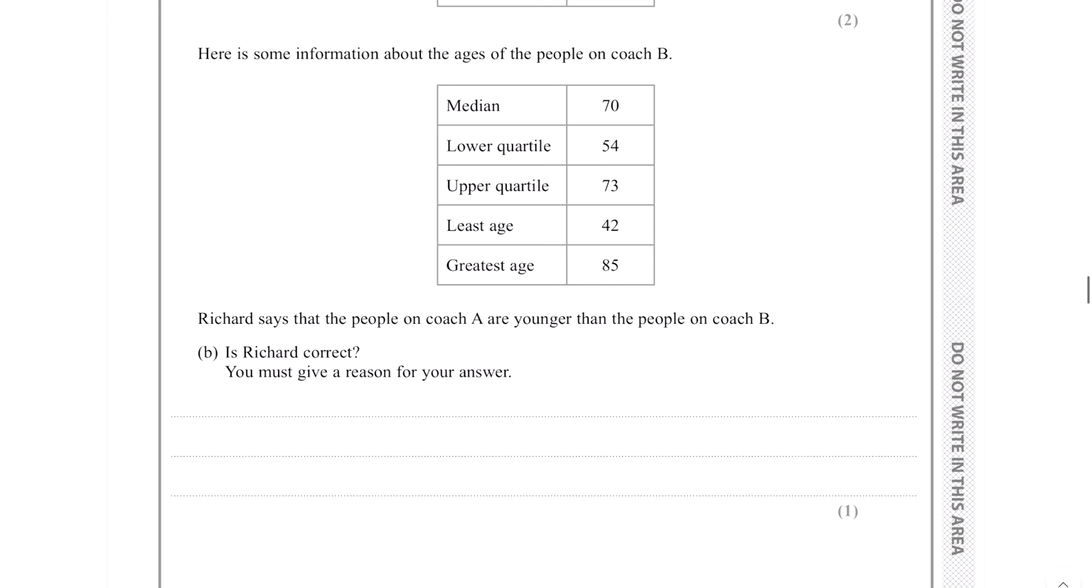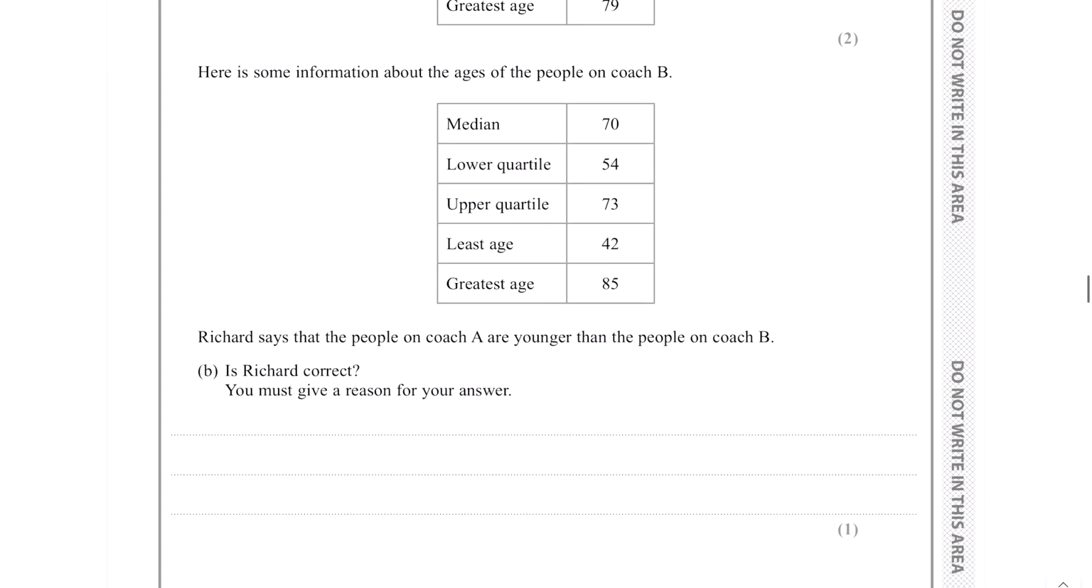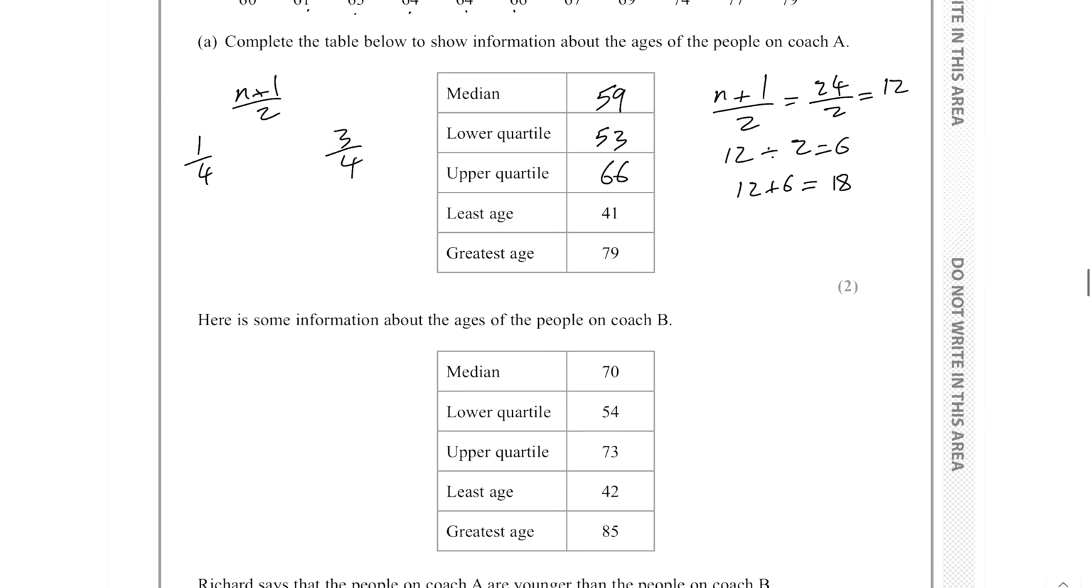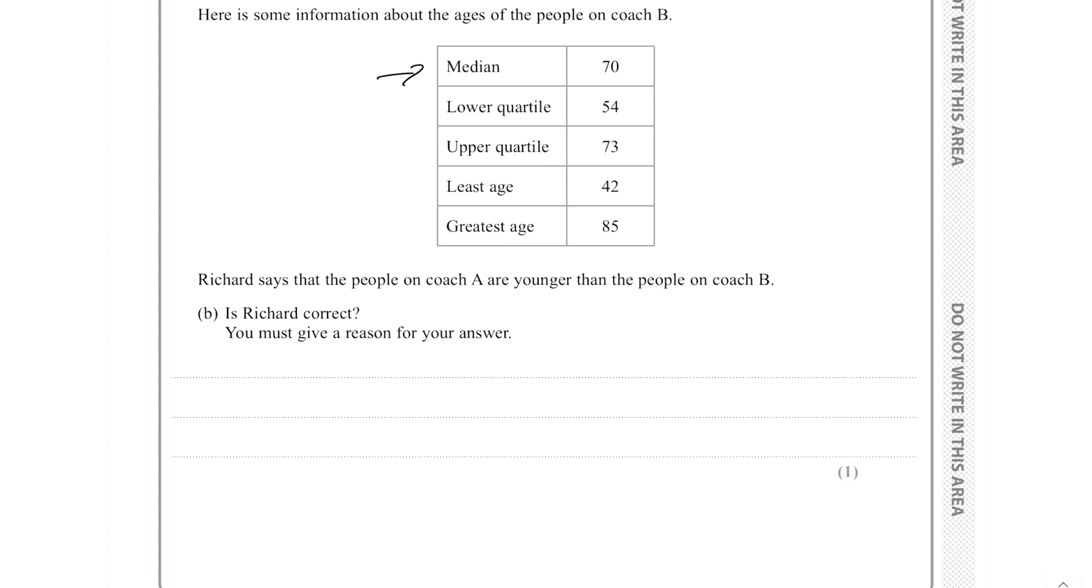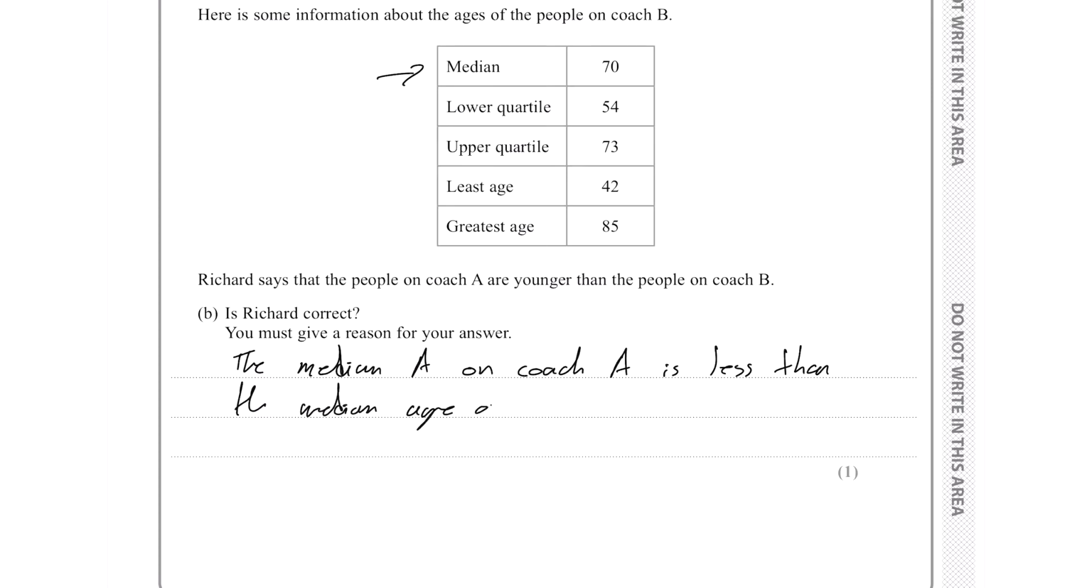So here's some information about the ages of people in coach B. Richard says that people on coach A are younger than the people on coach B. Is Richard correct? In this case, you normally want to compare the median, which represents most of the data. People on coach A are younger. Yes, that looks correct to me. So we can say the median age on coach A is less than the median age on coach B. Richard is